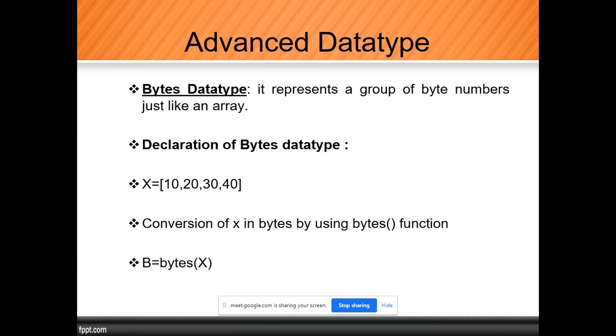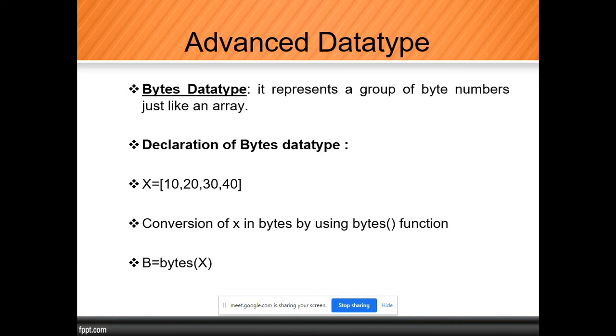In that we'll discuss the bytes data type. So what is a bytes data type? It is used to represent a group of byte numbers, just like an array. If you want to declare an array-like structure, then we will use the bytes data type. In this we will add only similar data types. How do we declare the bytes data type?